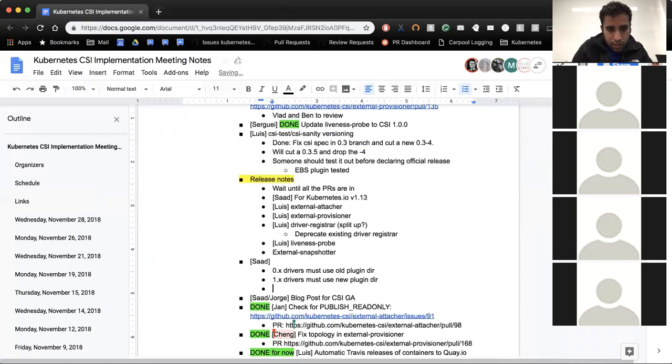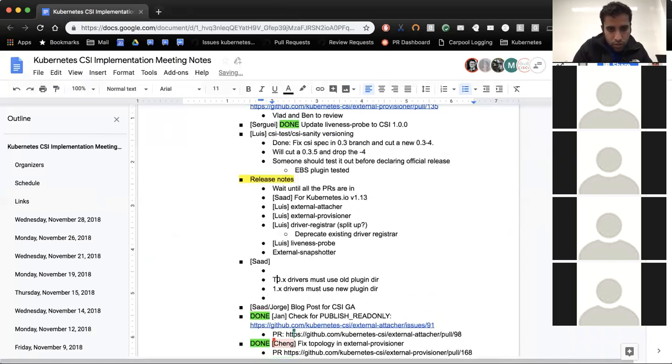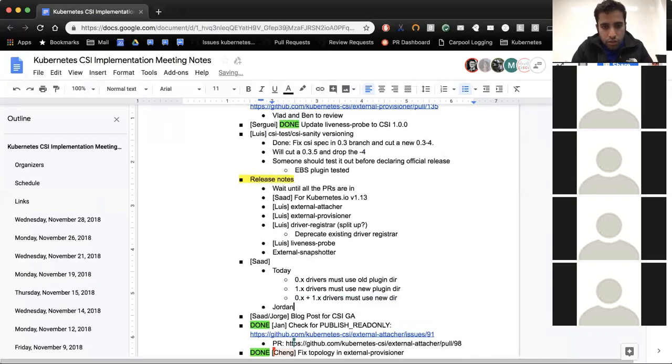And 0.x plus 1.x drivers must use the new directory. So this is a driver that supports both 0.x and 1.x. I don't imagine there's going to be very many of these because our sidecar containers don't do this. So somebody who does this will actually have to build their own sidecar containers to do this. Jordan wants this to be